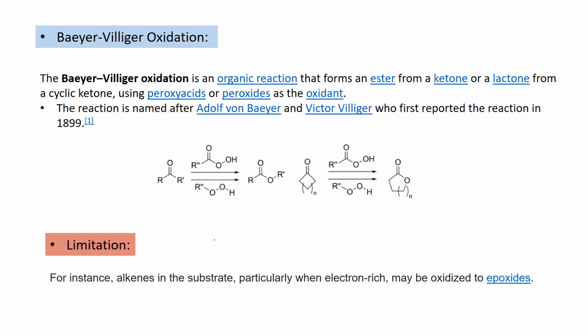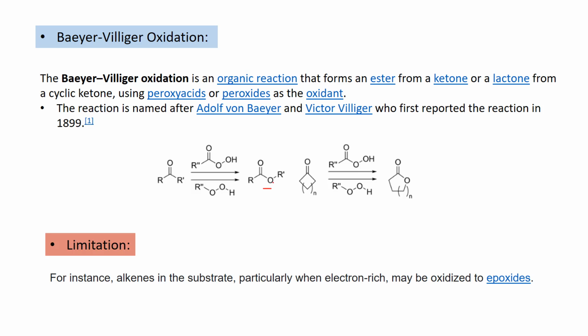The Baeyer-Villiger oxidation is an organic reaction that forms an ester from a ketone, or a lactone from a cyclic ketone, using a peroxy acid or peroxide as the oxidant. This reaction was named after Baeyer and Villiger. There are some limitations. You can see, if we take a ketone and add a peroxy acid or peroxide, what will happen? It undergoes a Baeyer-Villiger oxidation, forming